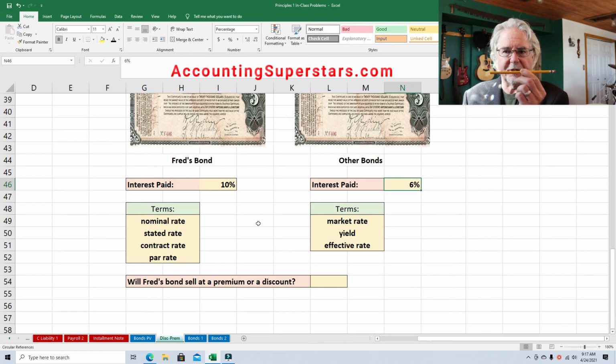So here's how it works. Look at the pencil here, folks. So the eraser represents the dollar value of Fred's bonds. So when interest rates, or when the market rates are down or falling, what happens to the dollar value of Fred's bonds? Goes up. Let me run that by you again here. So the dollar value of Fred's bonds is represented by the eraser. The market rates, the unsharpened end. They don't allow me to have sharp things around here. So anyways, the market rate is going down. Here we go. So the value of Fred's bonds is going up.